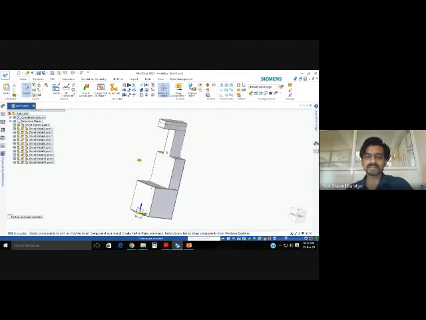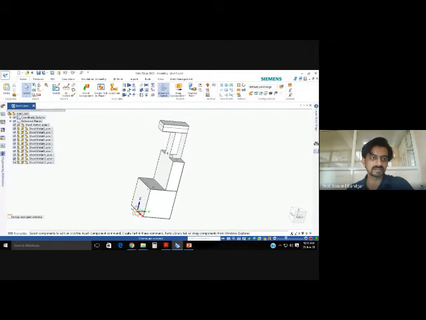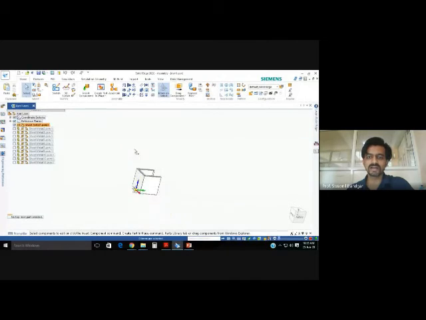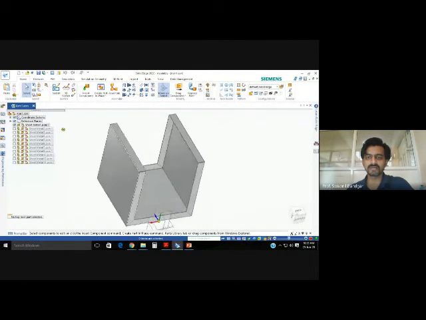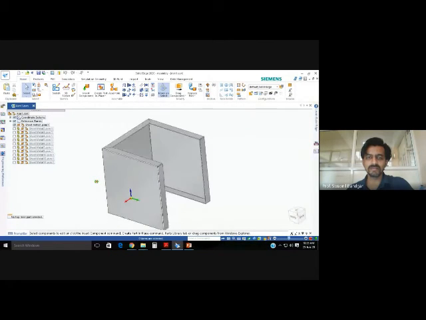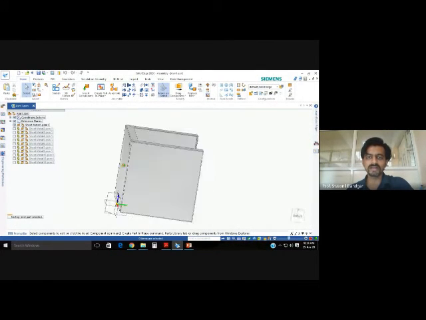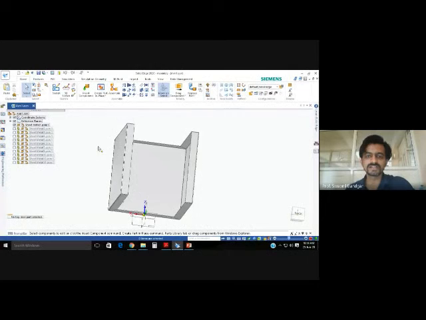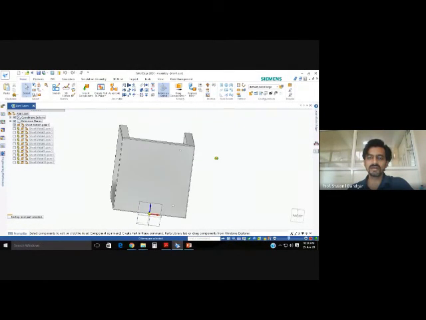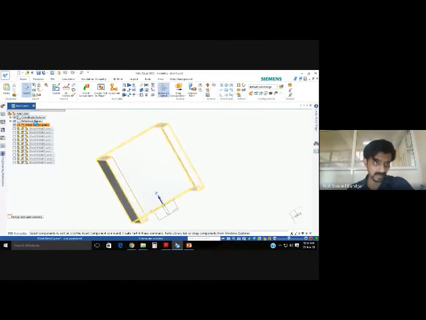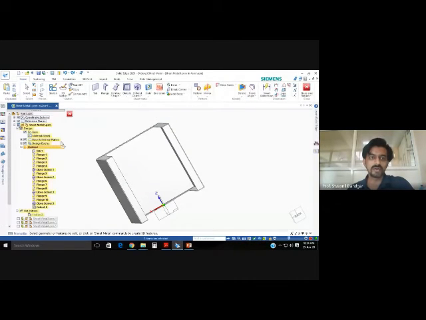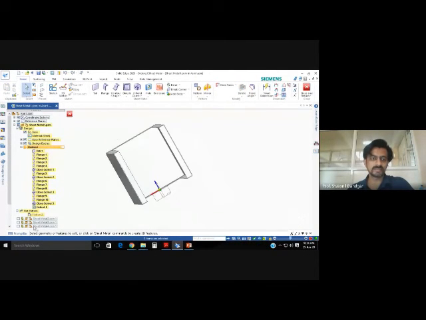All these parts are made in sheet metal, and this tool is basically for sheet metal operations. I will show you one single part. This is the front portion of the tank of my product, and I want to make it in sheet metal. Obviously, we have to use sheet metal, as no other raw material is feasible to make such a part. The only option is sheet metal, and I click on this. It is opening in sheet metal operations now. Previously it was in assembly, and now it is in sheet metal.